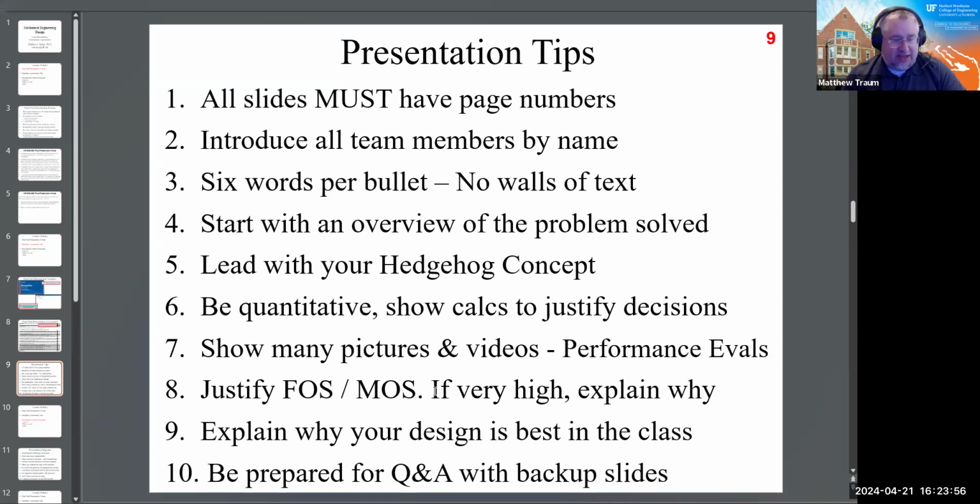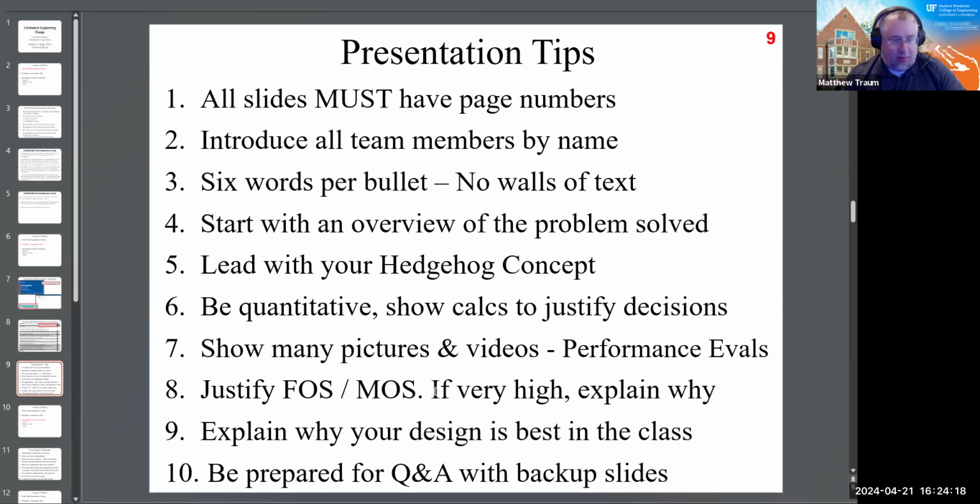Number 9 is explain why your design is the best in the class. Now, let me give this sort of as a caveat that we do not want you to disparage other groups. Don't say anything bad about any of your classmates. But you should spend a little bit of time, a slide or 2, explaining why the panelists, if they were interested in taking your